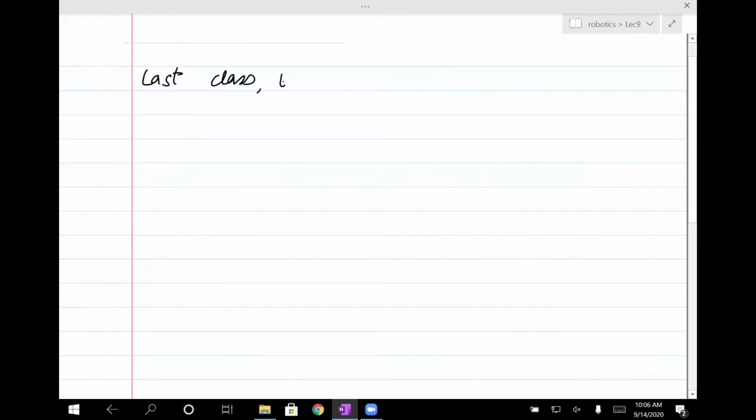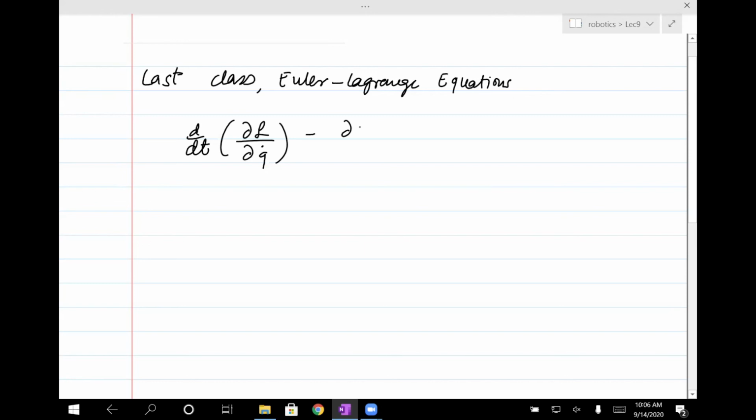We talked about Euler-Lagrange equations, which is d/dt of dL/dq dot minus dL/dq equals Q, and then I just put a suffix j, where L is the Lagrangian, right? And for Lagrangian, we saw that it is basically the kinetic energy minus potential energy. We wrote down the kinetic and potential energy for a ball, and